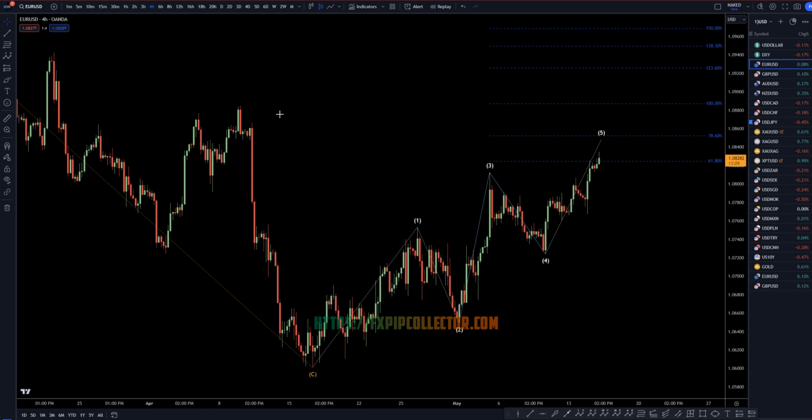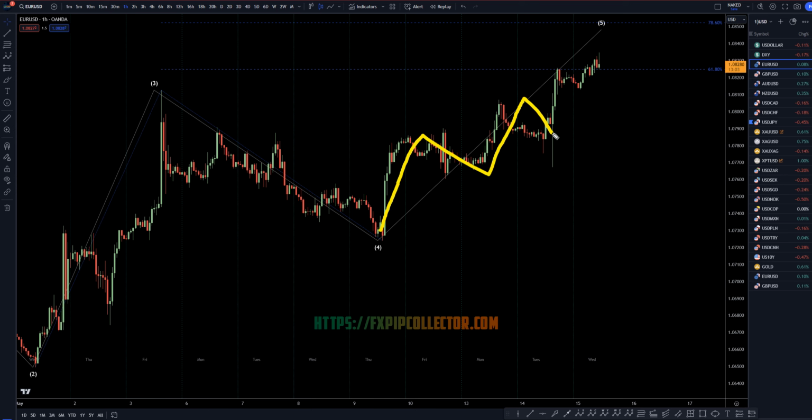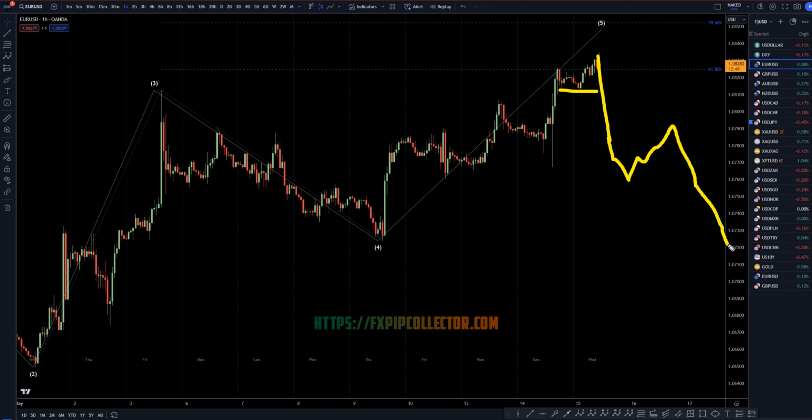So taking it right down to the 1 hour time frame, like I was just saying on the 4 hour, we definitely do have a very distinct 5 waves up right here. We do have CPI news coming out this afternoon in a few hours. To me, it does seem more likely that this would go down, that the dollar would go up, and it probably would break structure. I think personally that it's very likely to be the beginning of a crescent that would